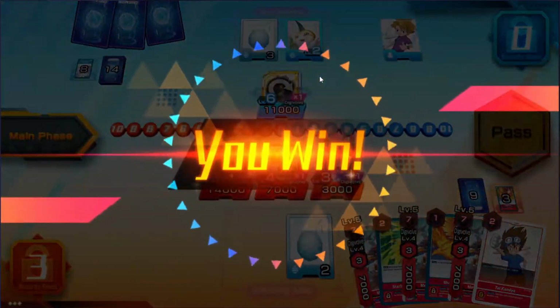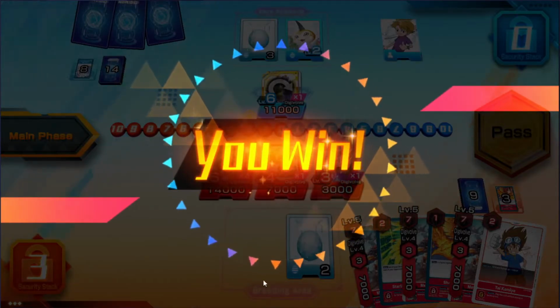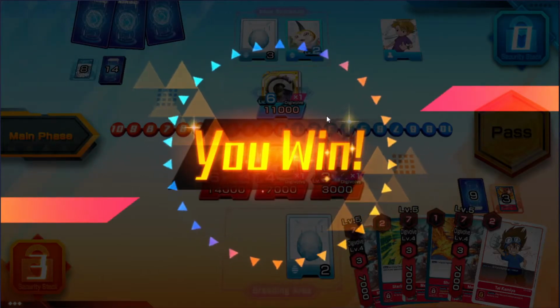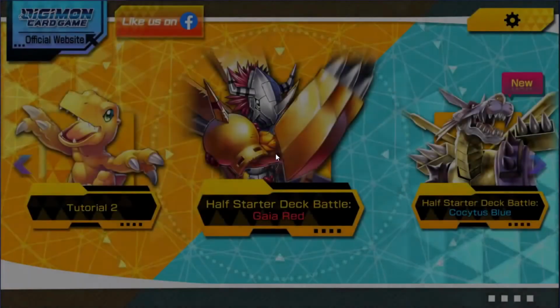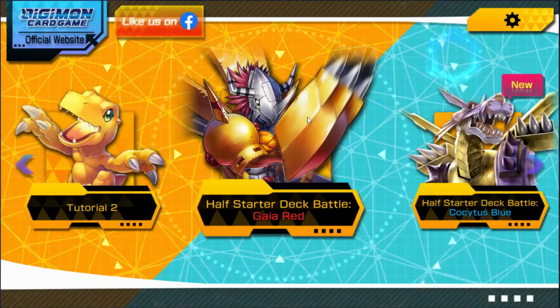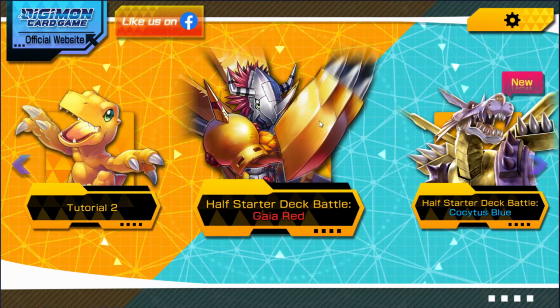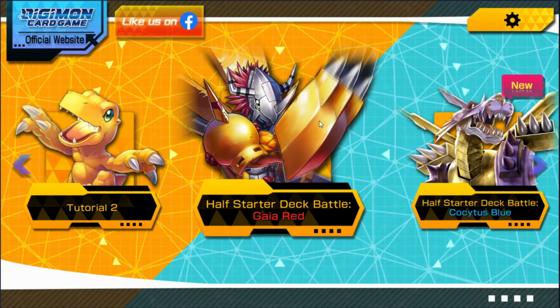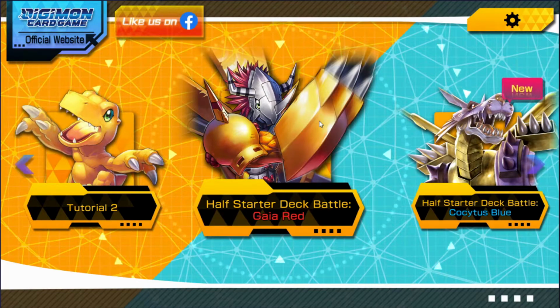Pretty simple stuff. Didn't need to do anything too difficult. I'm pretty sure that was a near-perfect game for the Gaia Red deck. If you want to know which of the starter decks is really powerful, the Gaia Red deck is really solid, because without any customization it is so consistent and has a lot of potential power behind it,